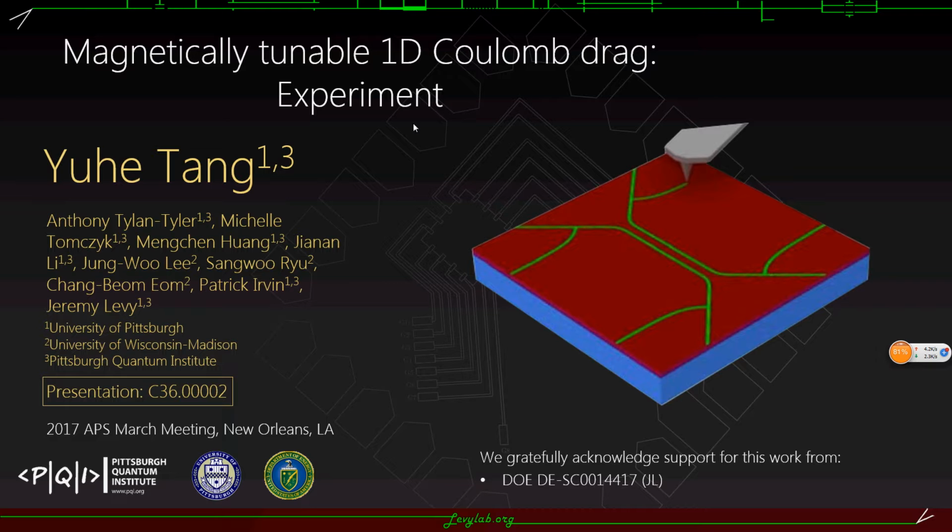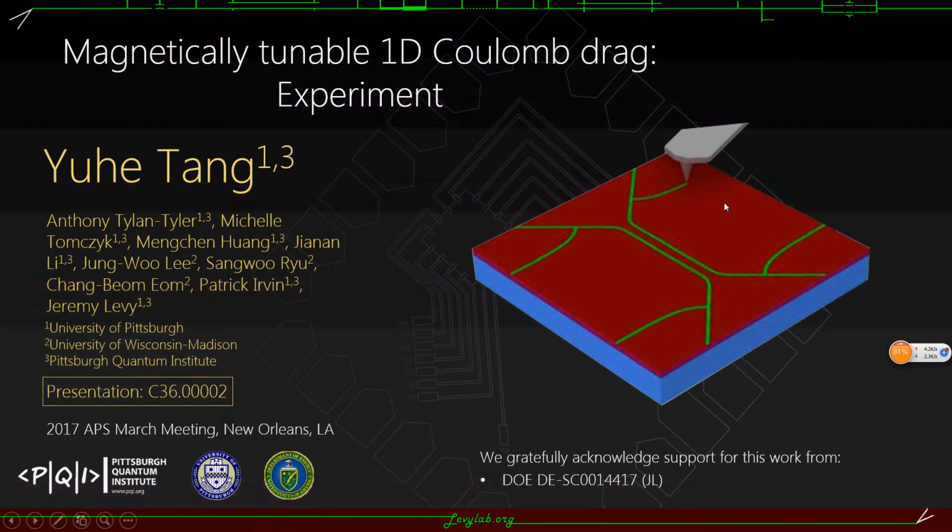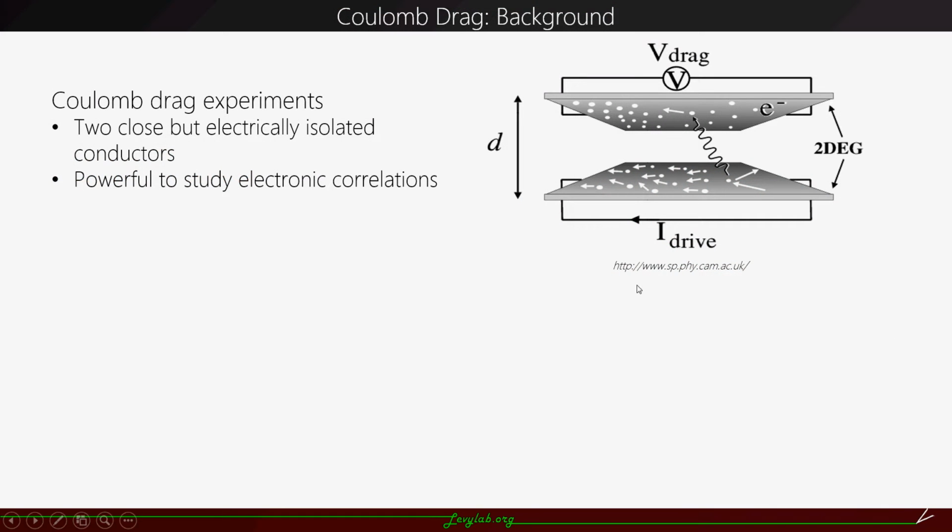Today I'm going to talk about the experimental part of magnetically tunable 1D Coulomb drag experiment. Coulomb drag experiment involves two closely spaced but electrically isolated conductors driving currents through one conductor called drive conductor. A voltage will be induced in the other conductor called drag conductor if it's open, or a current will be